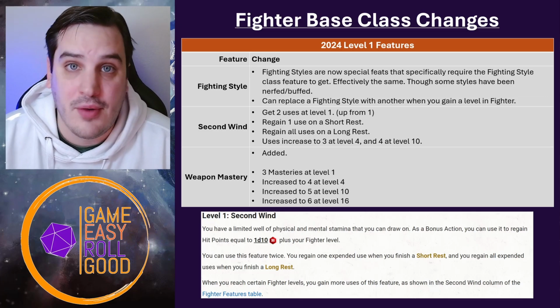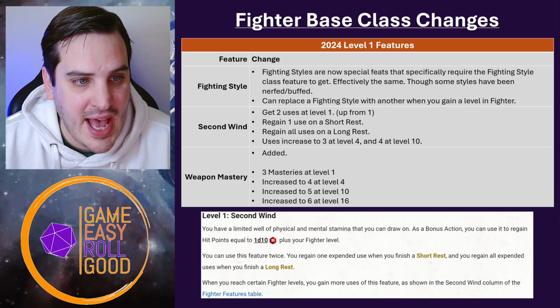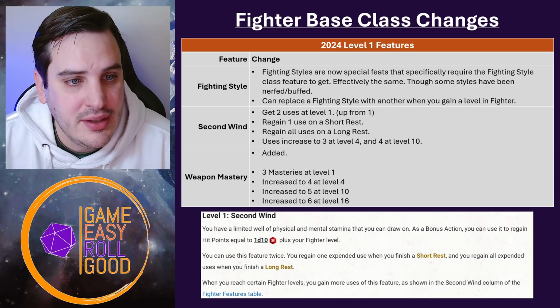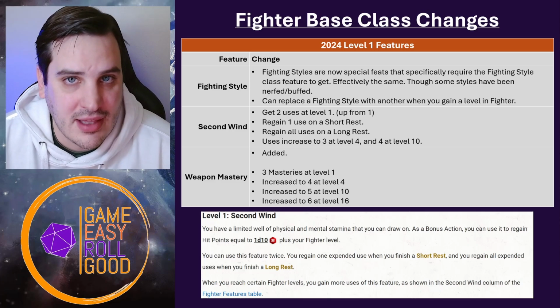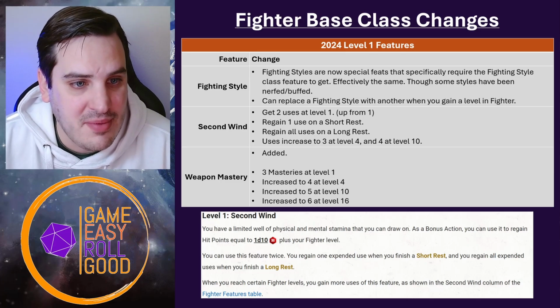But there are more uses that we'll see a little further down in the slides here. Additionally, they added the weapon masteries, of course. So fighters are the only class that starts with more than 2. They get 3 at level 1. This increases up to 4 at level 4, up to 5 at level 10, and up to 6 at level 16. So not only are they the class that start with the most masteries, but they also end with the